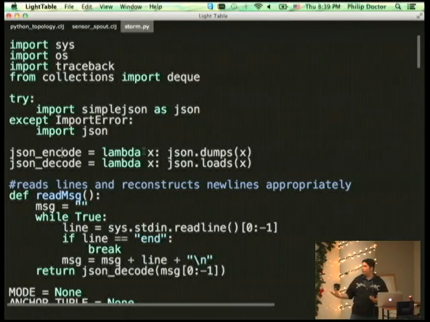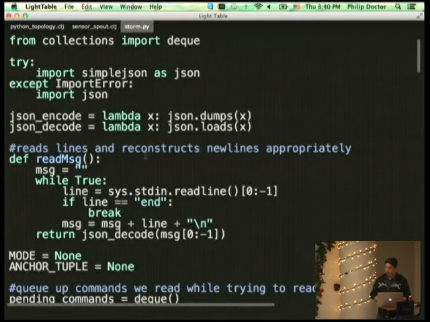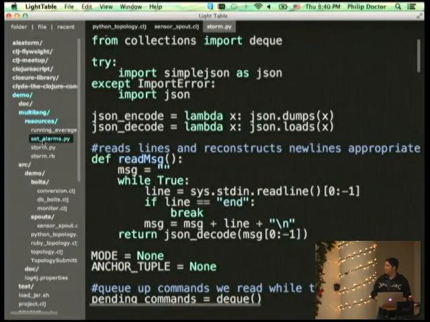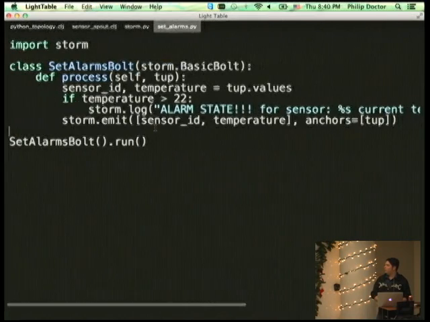Basically all it's doing is reading from standard in, reading JSON that's been serialized out to it, and then it's going to call, what is it going to call? Well, over here, let's take a look at set alarms. From that other file, I now have my set alarm bolt, which is a Storm basic bolt. What does it do? It takes a tuple.